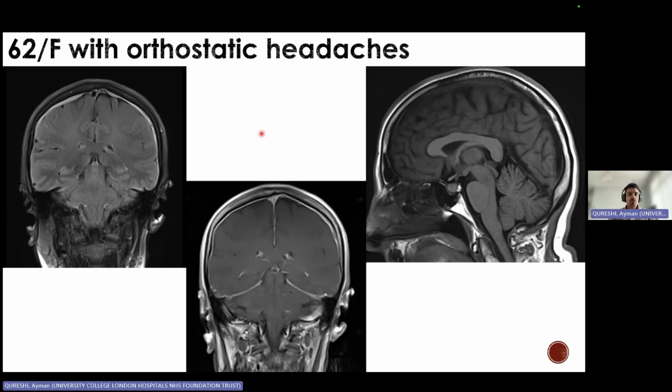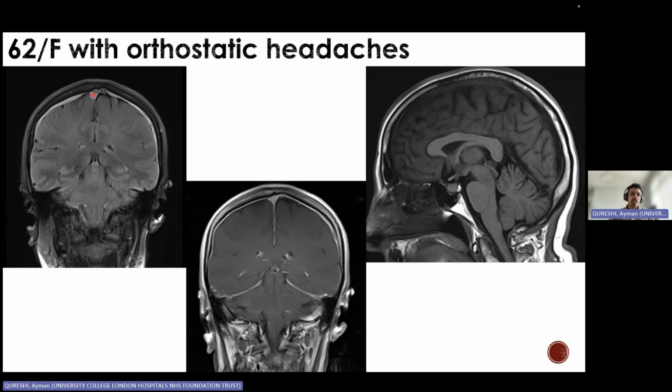This is a 62-year-old with orthostatic headaches. These are some MRI scans. You may be familiar with some of these imaging findings from previous webinars, but this is a face-on, what we call a coronal section of the brain, and a specific series called a FLAIR series. And you can see this bright white fluid over the surface of the brain. These are called subdural collections, which are one of the things that we look for in imaging when there is